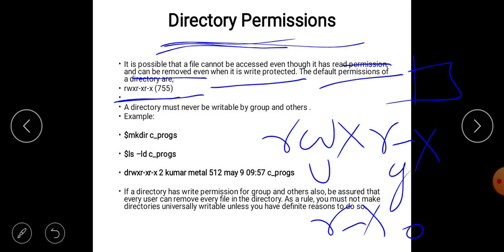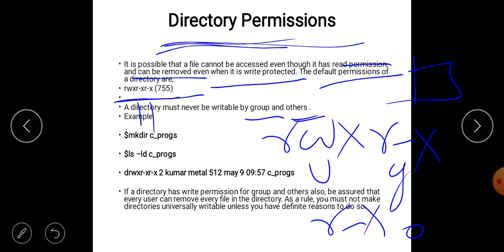Okay, a directory must never be writable by group or others. Means we can observe that they should be absent of write permission in both the group and other categories. Okay, for every directory the write permission for two categories, that is group and other, must be absent.